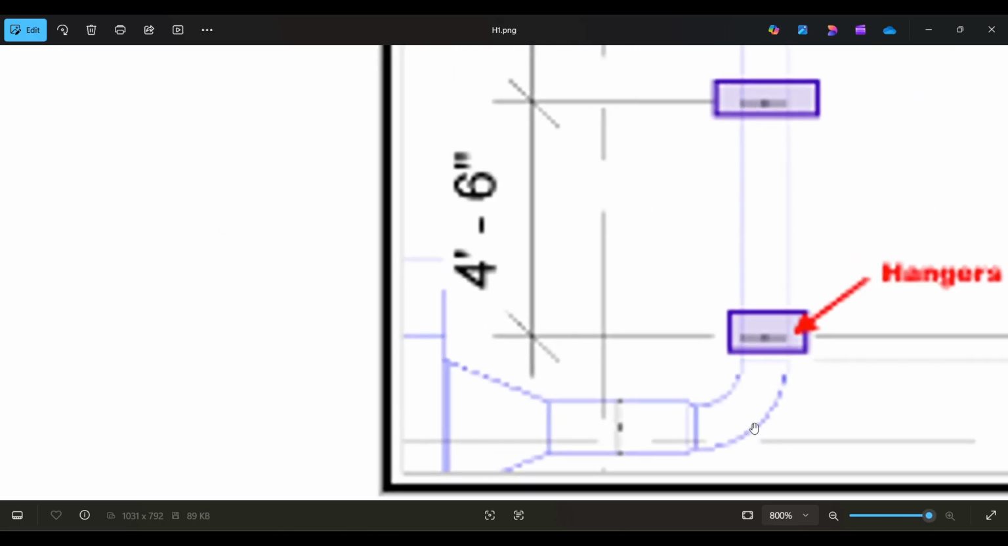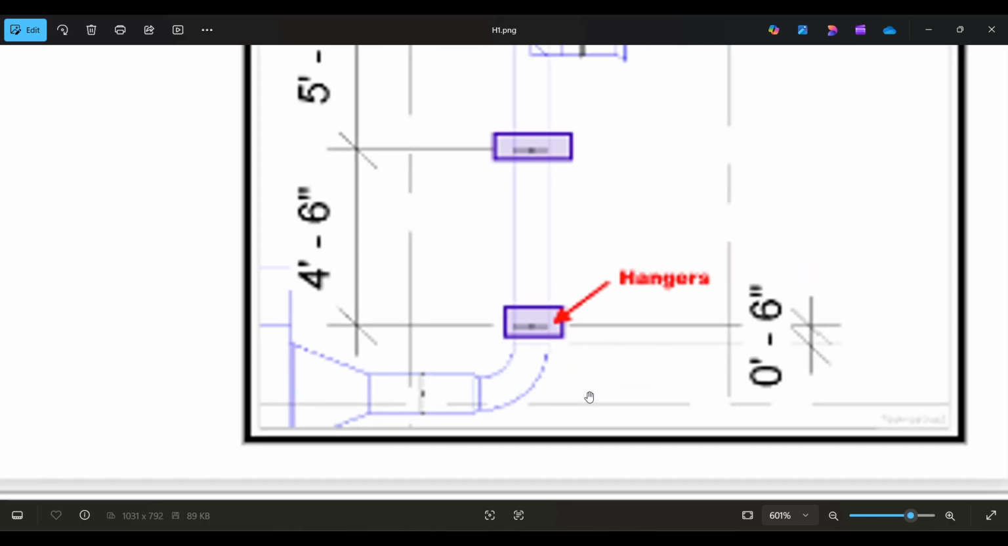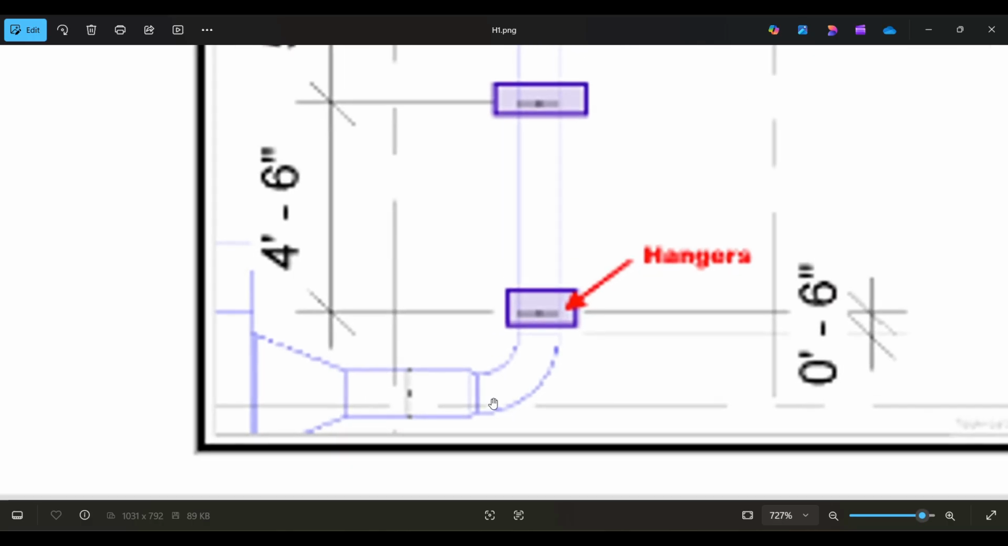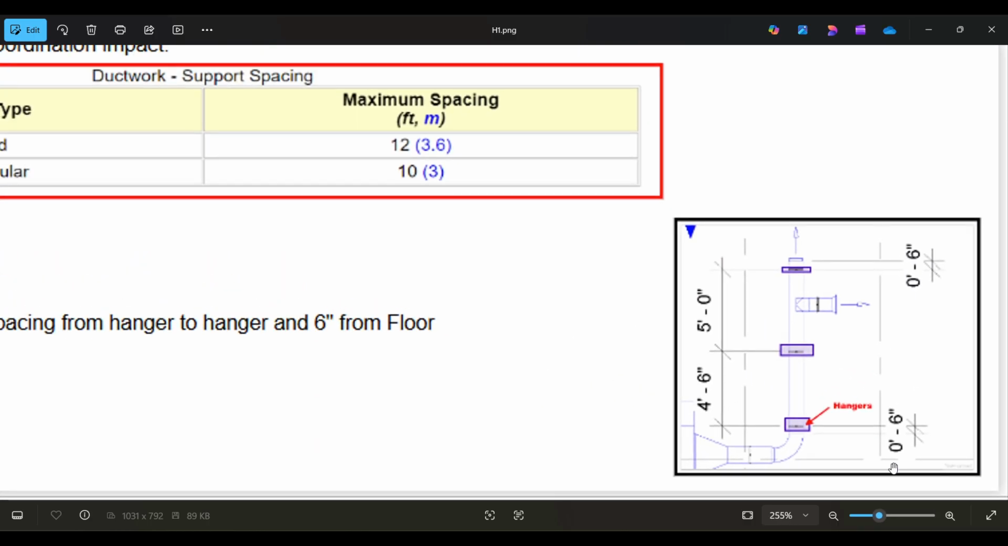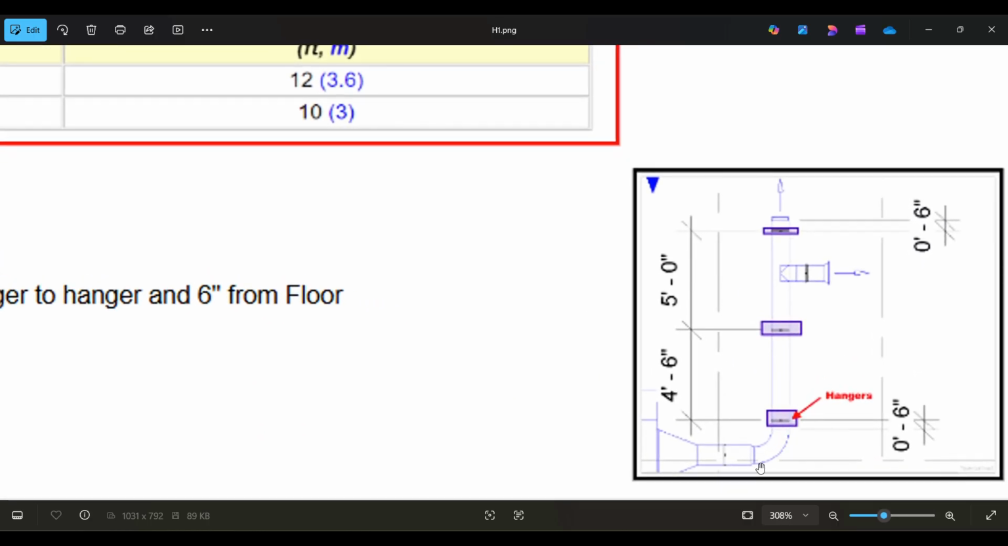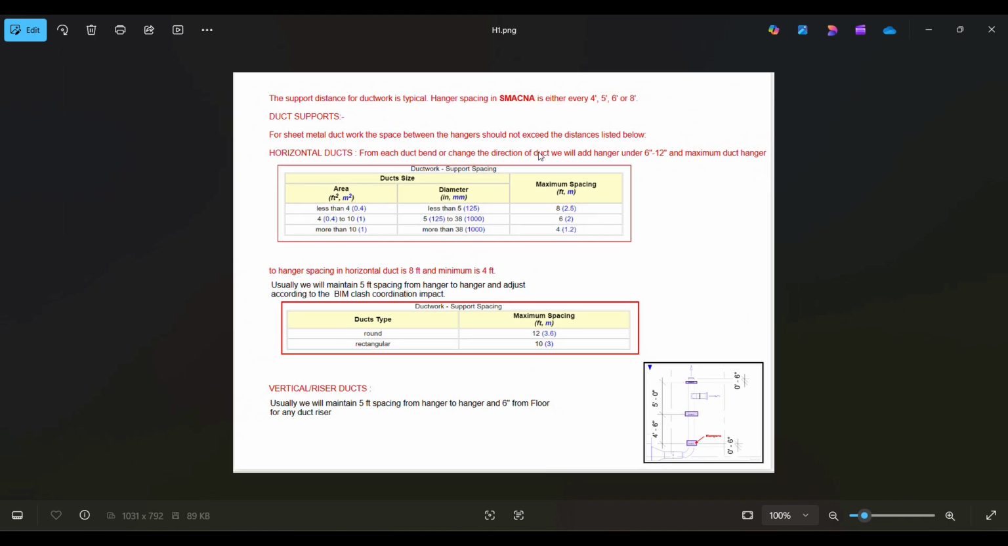But can you see we have a bend here? For the bend we have separate distances we should keep our hangers at. For a bend, this particular hanger spacing should not exceed 6 inches. So guys, remember this: from the edge of the bend to the immediate hanger, the spacing should not exceed 6 inches. This is for every case, right? So go through this standard here,